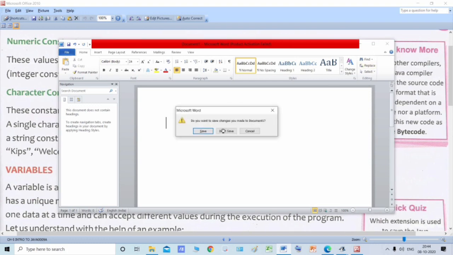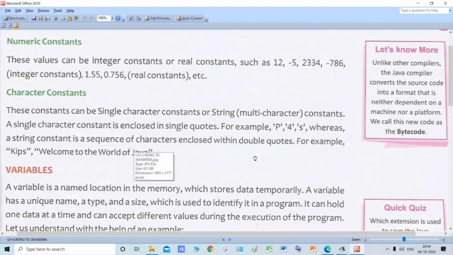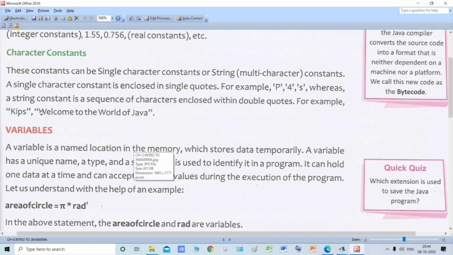Moving on. Now see, welcome to the world of Java. This is a big string which contains multiple small characters, but this entire thing is inside the double quotes. Because it is inside the double quotes, it is treated as a single string. This space is also a part of this string. The space over here is also part of this string. Space over here, all these spaces are part of this particular big string only.